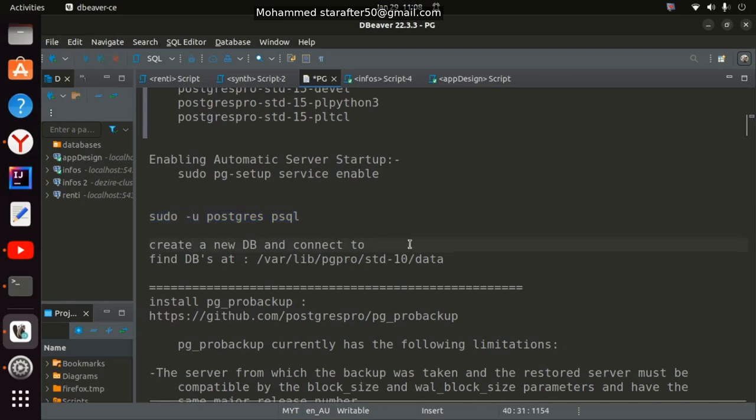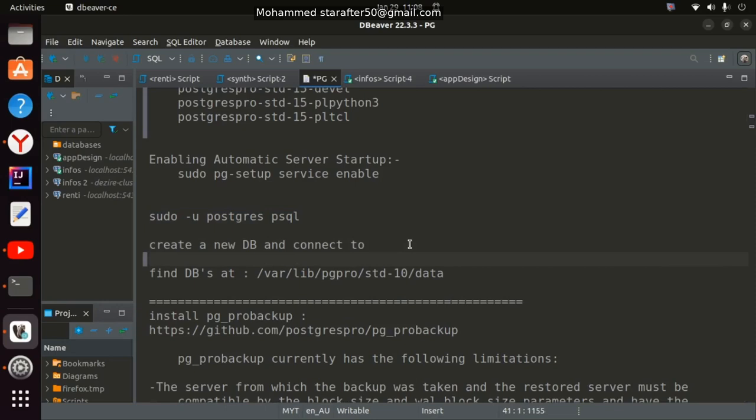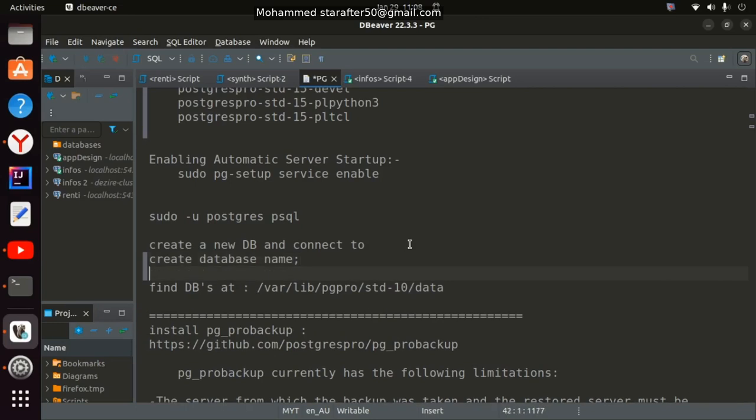Let's say create database, whatever name, and then you could create a role, create role, whatever role name, with login, create DB, create role,